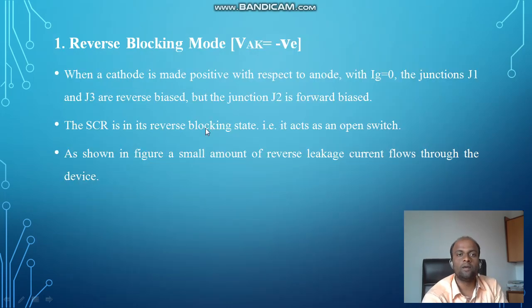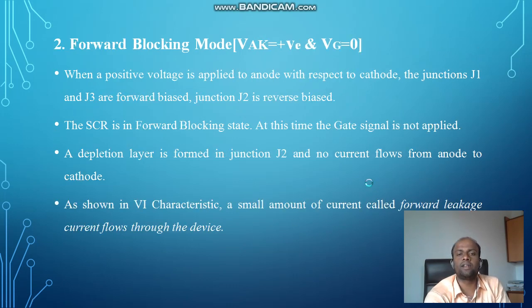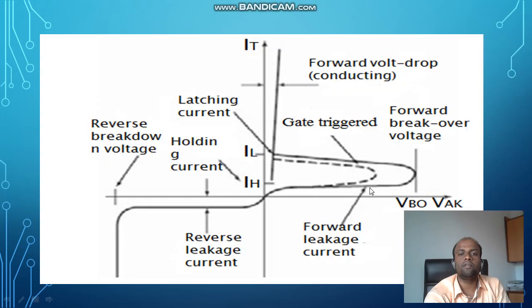Here, see reverse blocking mode, when the cathode is made positive. What I will explain is given in writing here. You can see this is the reverse side. This is the reverse leakage current. This is the reverse breakdown voltage. Then from here, this is the forward leakage current. This is the forward breakover voltage. When the junction breaks, this is the forward conducting mode, and this drop is called the